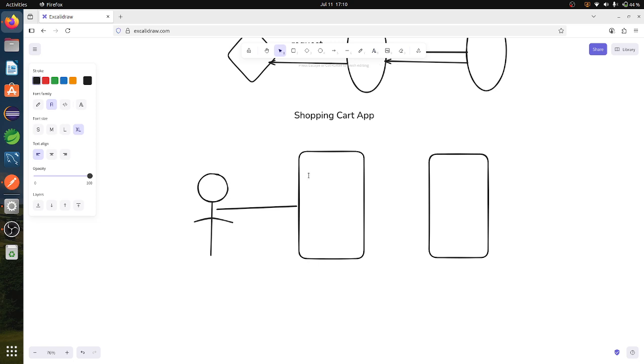So here it is the user's page. First of all, in this user page there will be some user ID. For every user it will maintain some user ID. So as soon as I open this cart application, it will give me one page with my user details and my user ID.